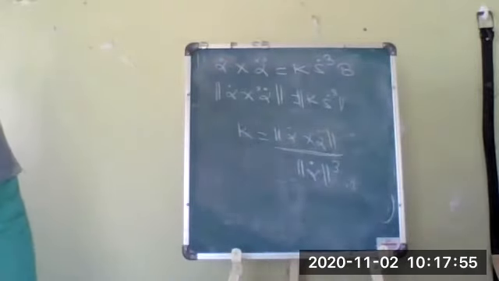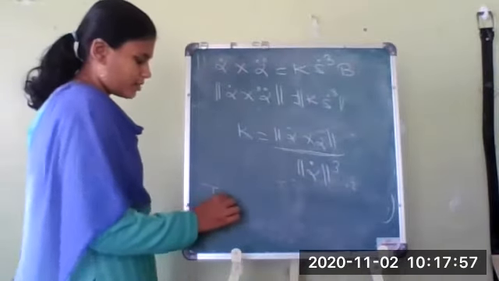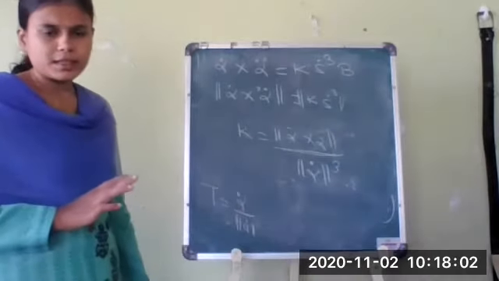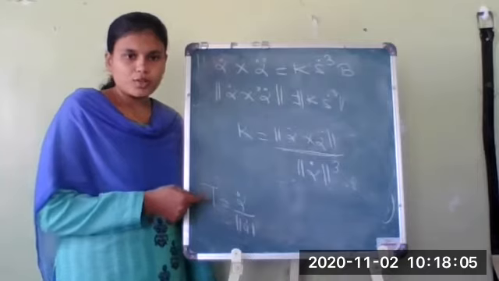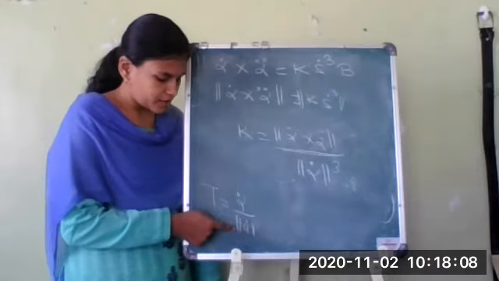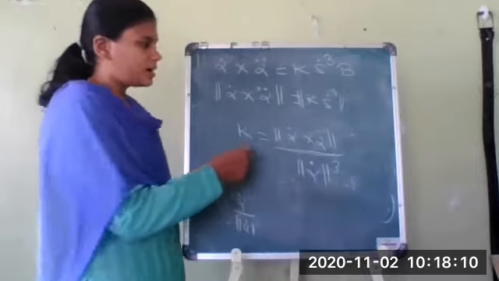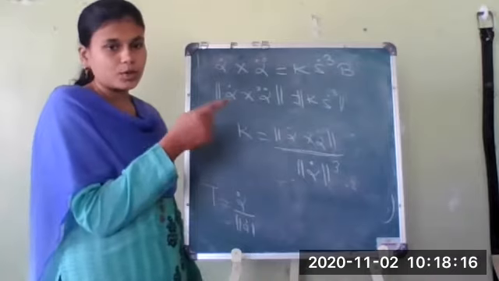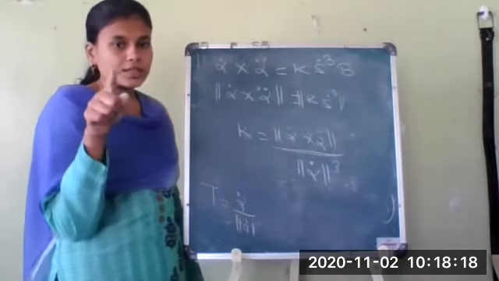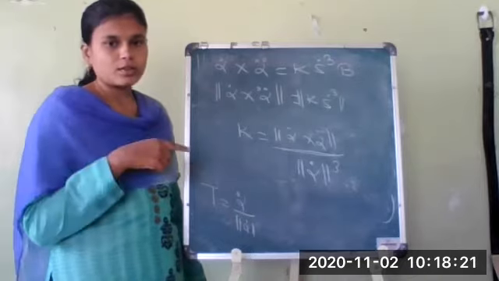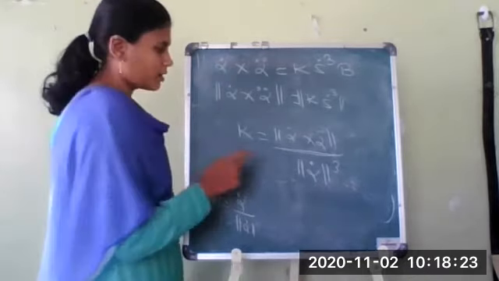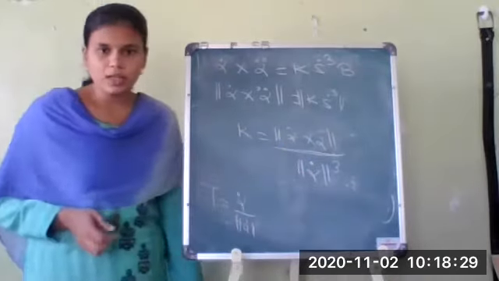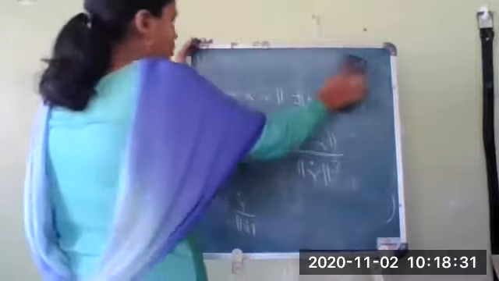Okay. So if it is an arbitrary speed curve, firstly we obtained the formula for t equals alpha dot upon norm of alpha dot. You have to do a very simple thing. Whatever the given curve alpha, first you differentiate with respect to t. After differentiating, find the norm. Then you get the t. After that, you find alpha double dot and take the cross product. How to find the cross product? I have told you: u1, u2, u3 in the first row, the second row is the coordinates of alpha dot, and the third row is the coordinates of alpha double dot. Just after taking the norm you will get the result for curvature k. So now we have obtained two formulas.